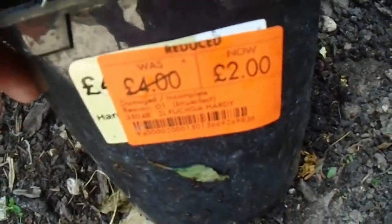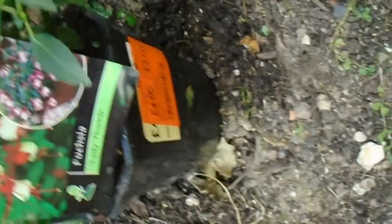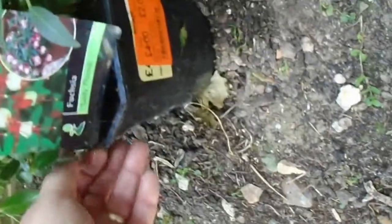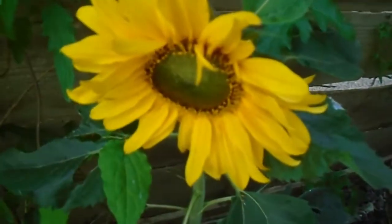This I just bought actually, which is why it's in the shade. Now it looks terrible, as you can see, but it was reduced because it looks terrible. It was reduced to £2. It's actually a perennial fuchsia, which is called Lady Thumb. And I'm thinking if I cut it back, I've watered it already, obviously put it in the shade just to help it along a bit, and then I'm going to probably cut it back and then pop it in the ground, and hopefully it'll be okay, it'll recover. Another sunflower there coming along quite nicely,